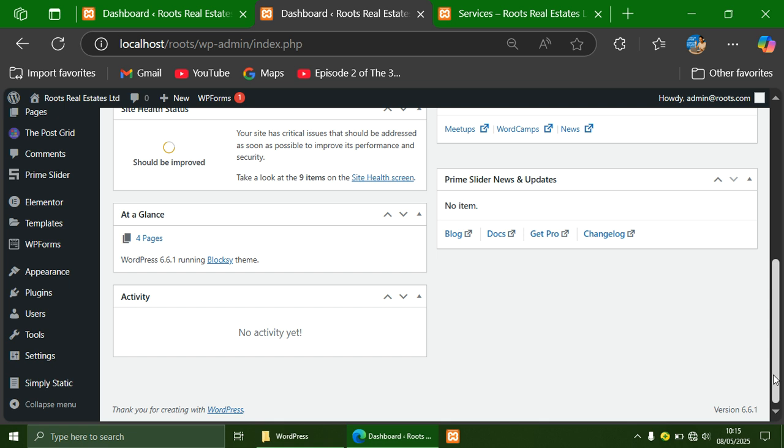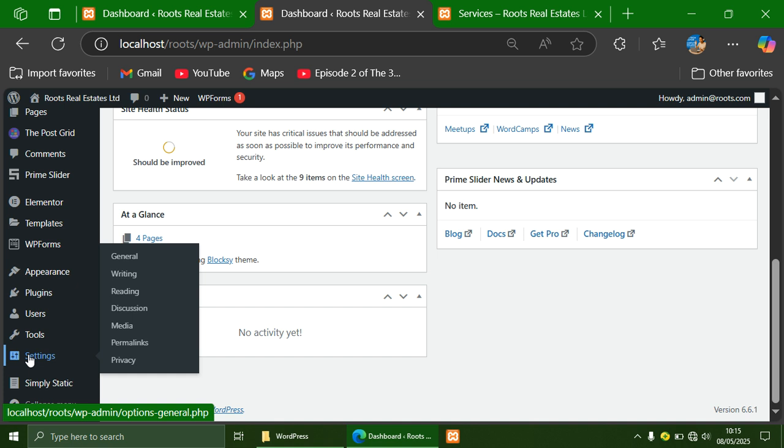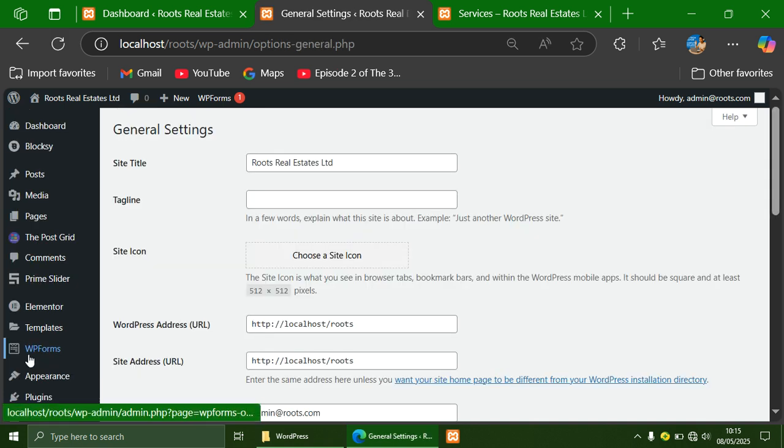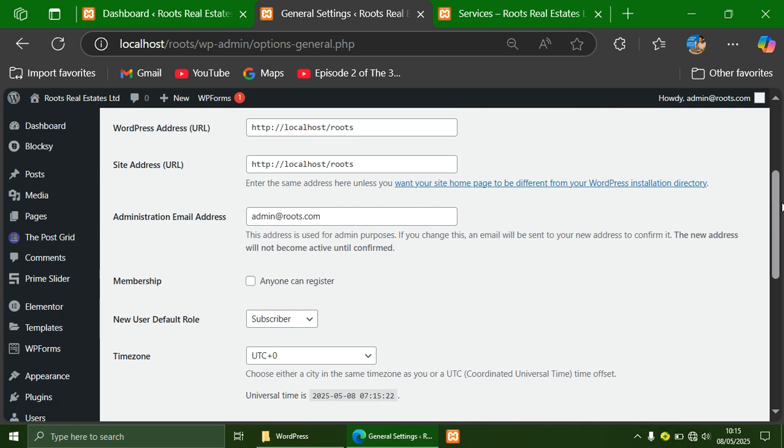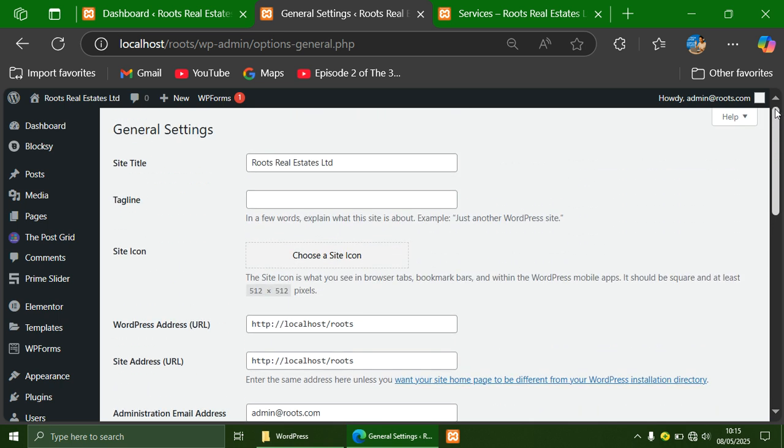So let's get started. You go to the sidebar, you will see Settings, click on it. When you click on Settings, it will bring this page for settings. General settings, then you can change the website name. Maybe you now want to call it Saint